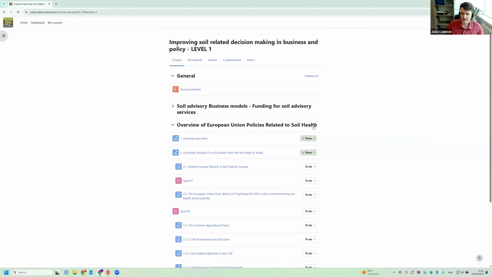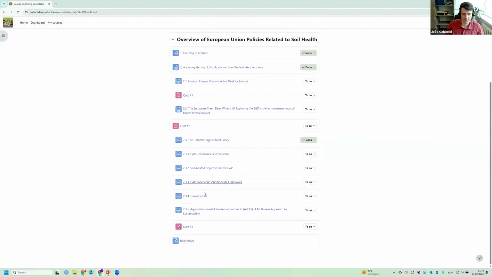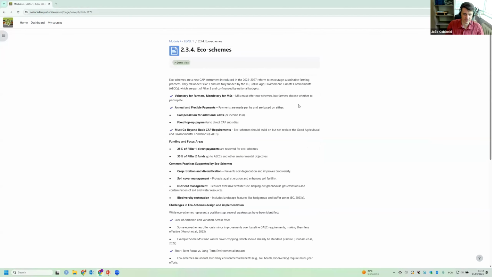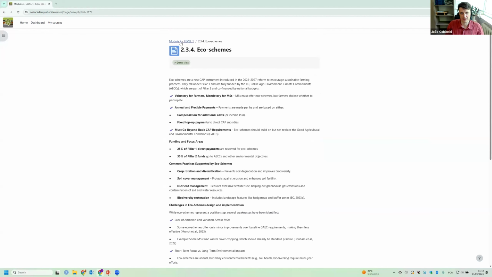Well, I think it is very simple to access and navigate between these topics, to learn and understand every topic that we have here. So for example, schemes in the policy framework. It's very dynamic and simple.